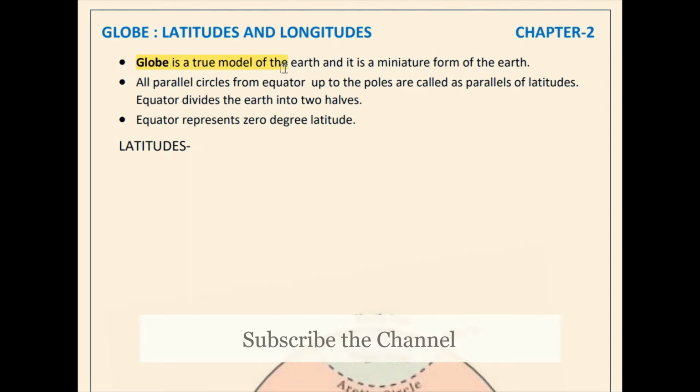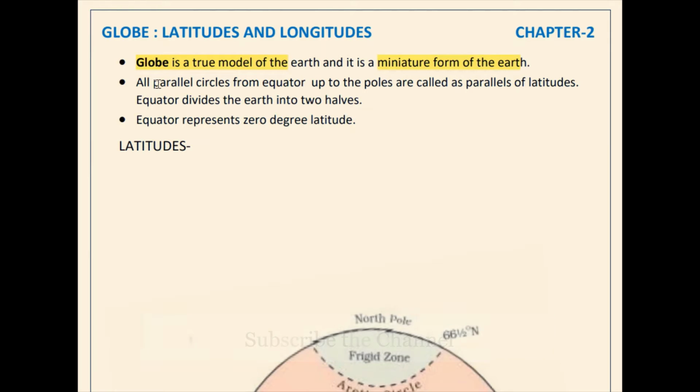आज हम ज्योग्राफी न्यू एनसीईआरटी ऑफ क्लास 6 द अर्थ आवर हैबिटाट का सेकंड चैप्टर देखेंगे। सेकंड चैप्टर है ग्लोब, लैटिट्यूड्स एंड लॉन्गिट्यूड्स। इसका फर्स्ट पॉइंट देखते हैं। ग्लोब इज अ ट्रू मॉडल ऑफ अर्थ एंड इट इज अ मिनिएचर फॉर्म ऑफ अर्थ। एंड सेकंड पॉइंट इज पैरेलल सर्कल्स फ्रॉम इक्वेटर अप टू द पोल्स आर कॉल्ड एज पैरेलल्स ऑफ लैटिट्यूड।